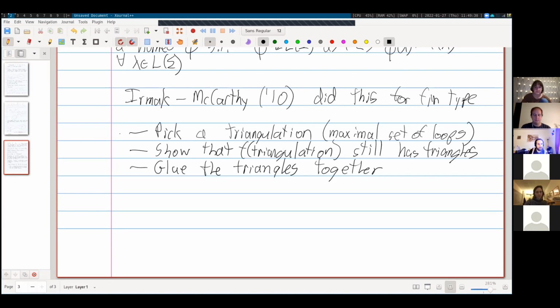Basically, what does it mean for 3 arcs to form a triangle? This is going to be very hand wavy. If these 3 guys form a triangle, what that means is that any arc that passes through this guy has to also pass through either this guy